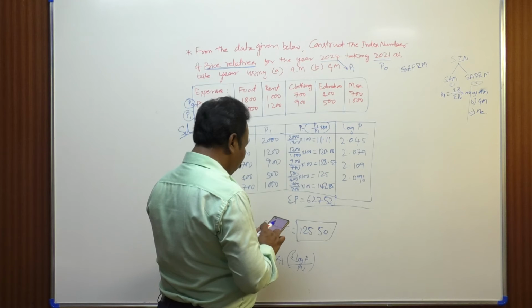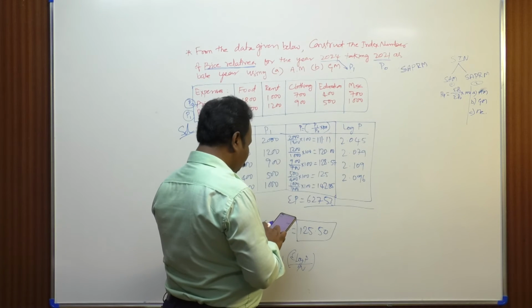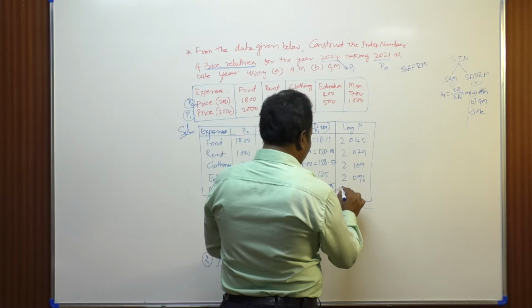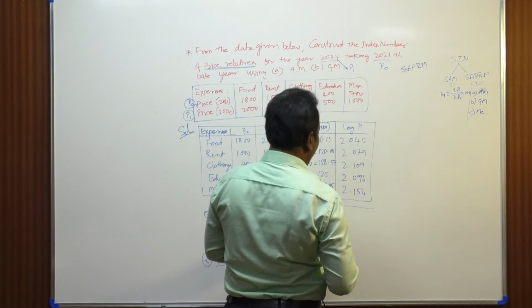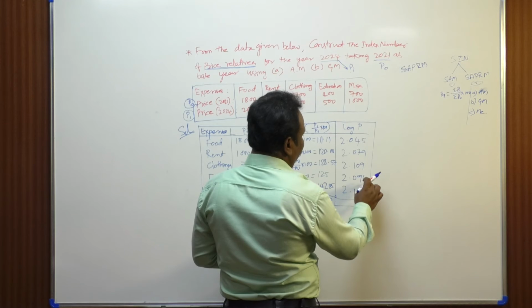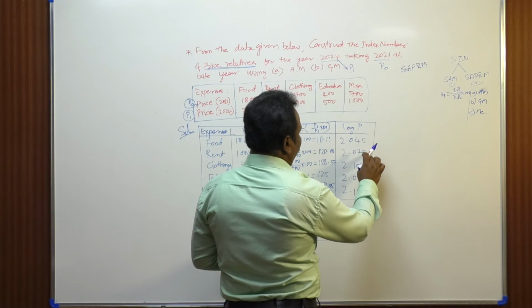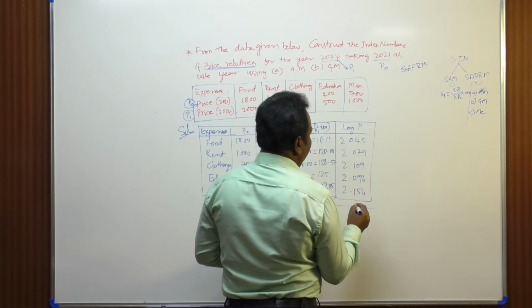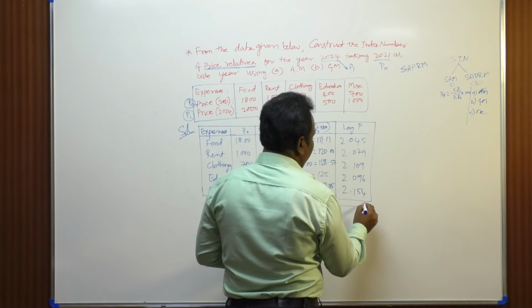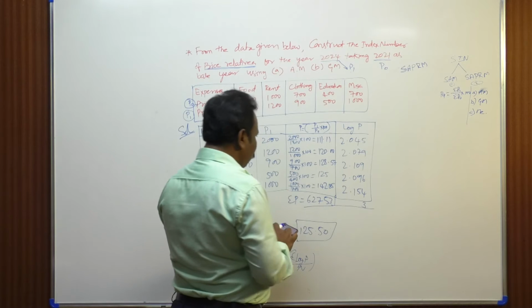Then log of 142.85 is 2.154. So, total of this: